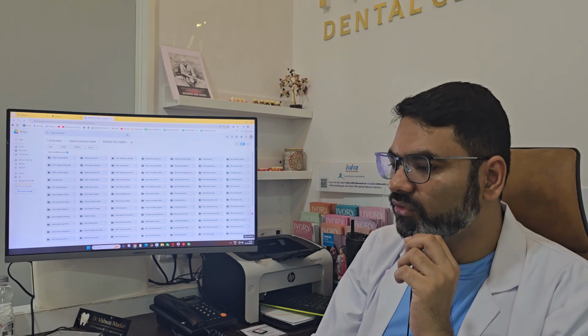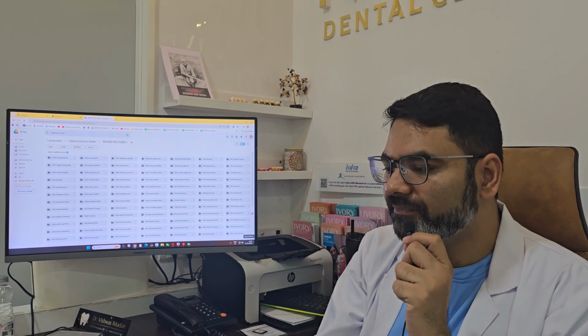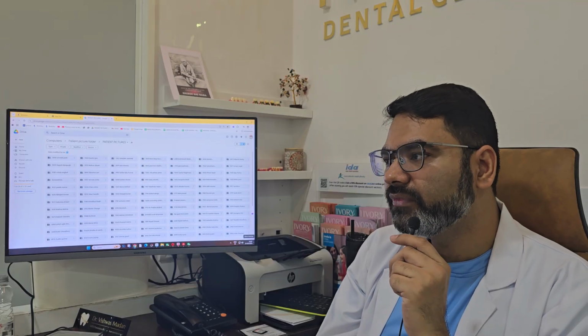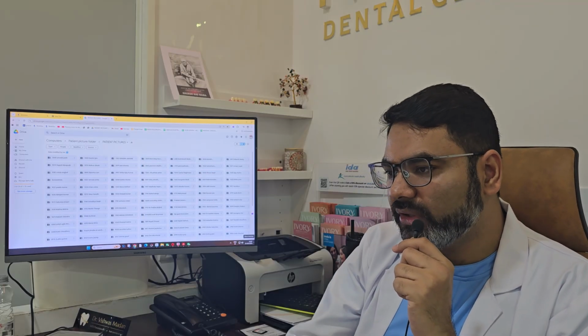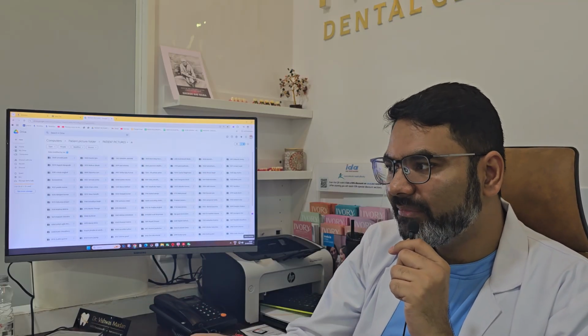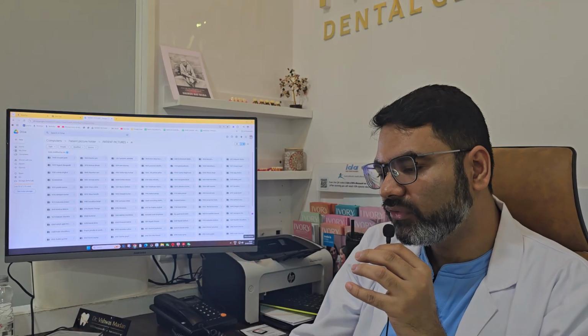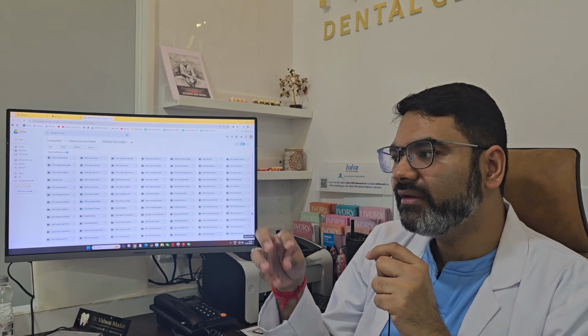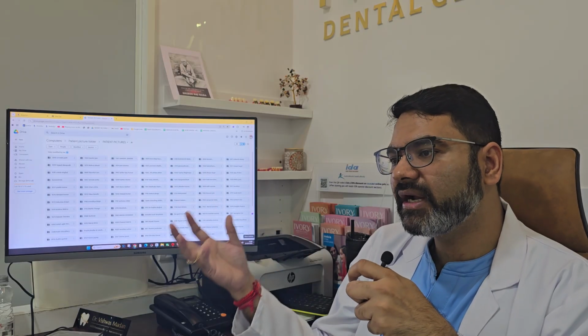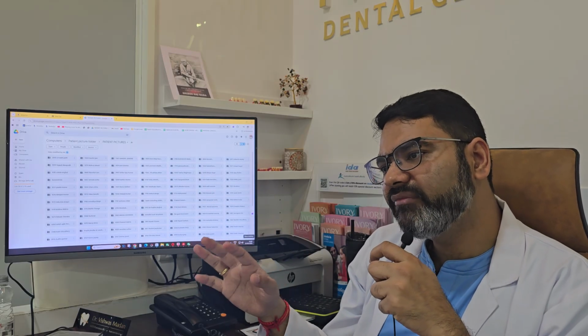So if you are doing a 4/6 and if you are using this abutment, what the lab will do, you will give them the impression with the analog. They will pour that. They will put the abutment on the cast. Then they will start building the crown from the abutment level. Then when you tell them to fix the crown on the abutment and give it to you, what they will do, they